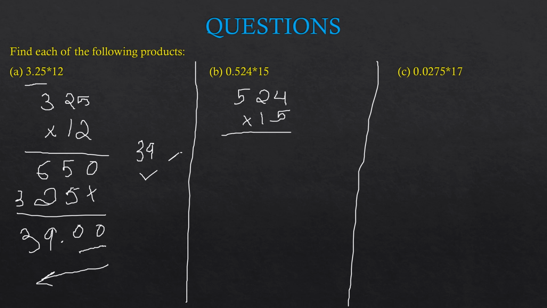So what happens? 5 4s are 20, so 2 carry, 5 2s are 10, 11, 12, carry 1, 5 5s are 25, plus 1, 26. All right, 26. Okay, now 4 1s are 4, 2 1s are 2, and again 5 1s are 5. So here we will get 4, 5, 6, 6 plus 2, 8, 5 plus 2, 7. So what we have got is 7860. Okay, now it's time to mark the decimal point according to the second step.